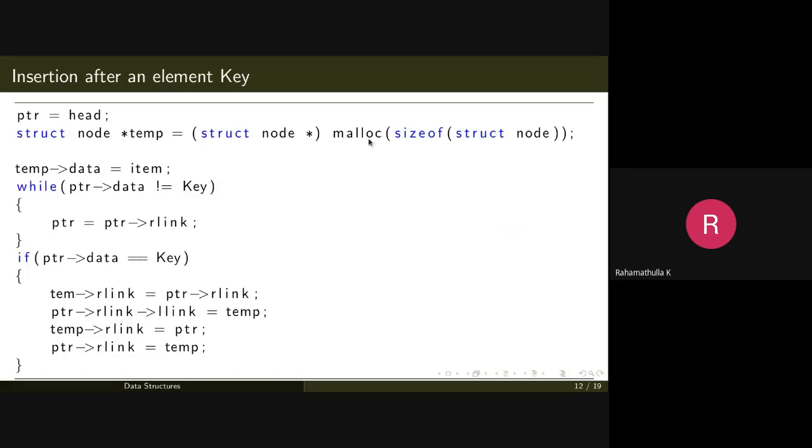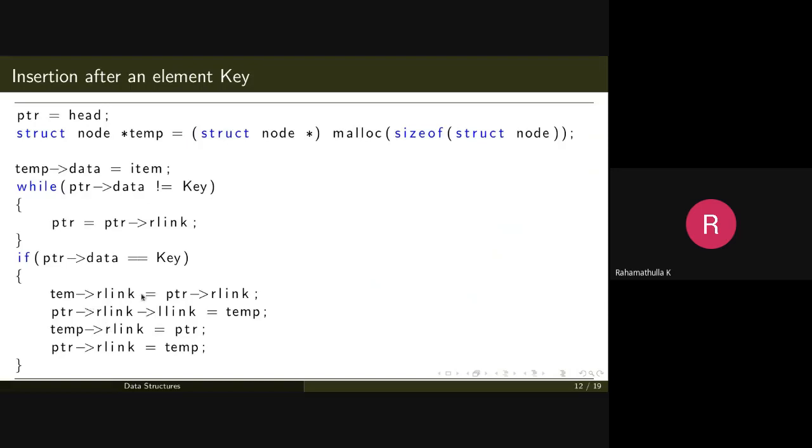Once again, you allocate memory, you attach the item onto the data field, then you traverse through the list till this condition is true. That is, once you reach the location where you would like to insert your element or node, then you stop and come out and change some of the pointers.